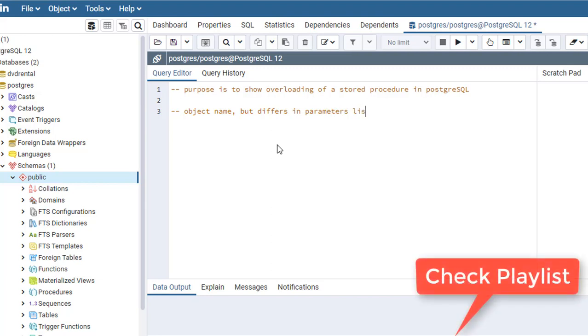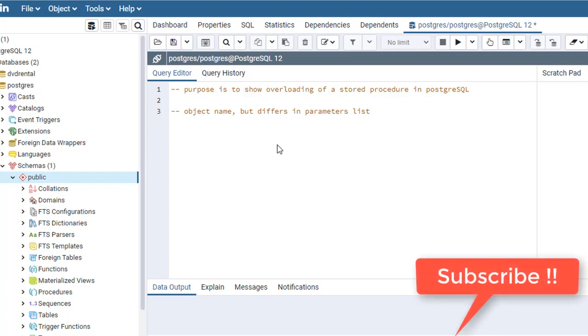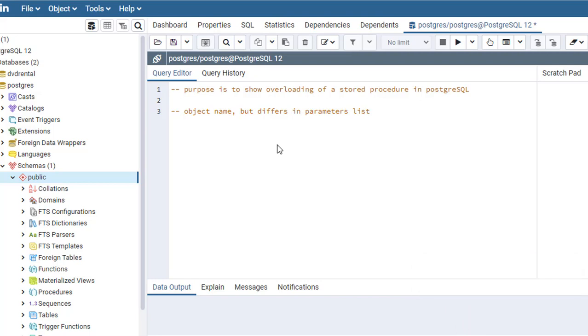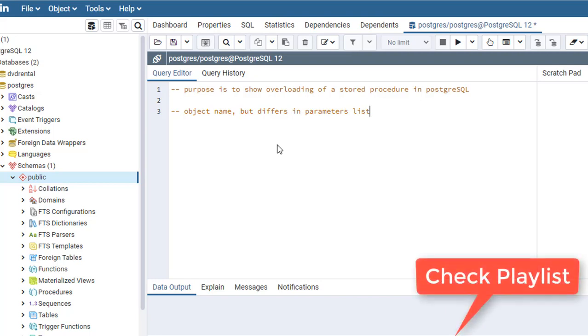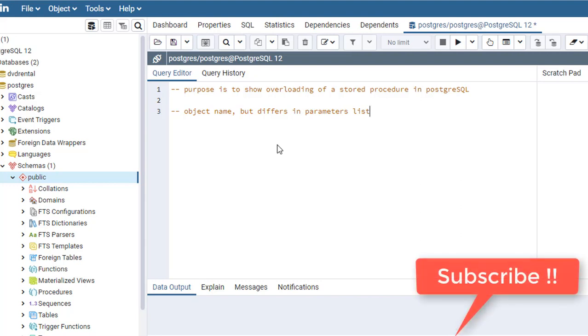In this case, overloading works by matching the exact number or exact type of parameters that we pass to a stored procedure, and that one is exactly called.